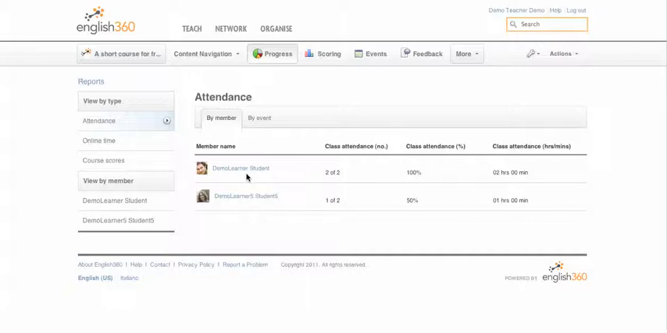So we hope that helps you keep track of what's going on in your face-to-face sessions, and we hope you enjoy using the calendar and